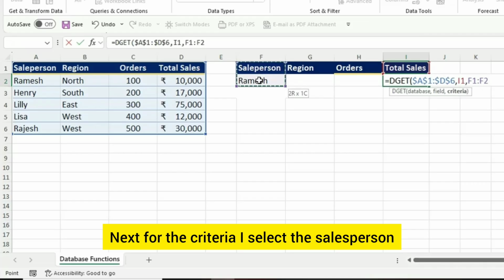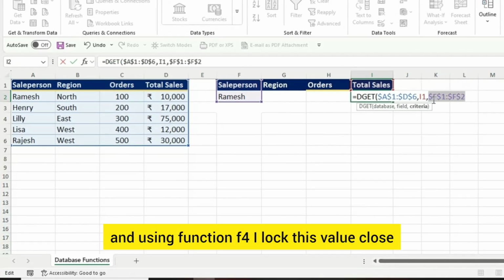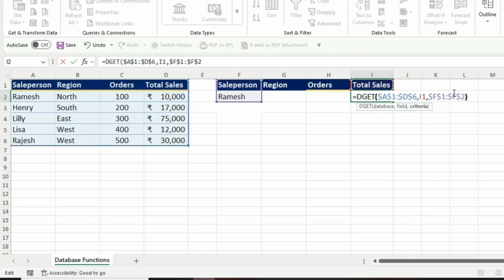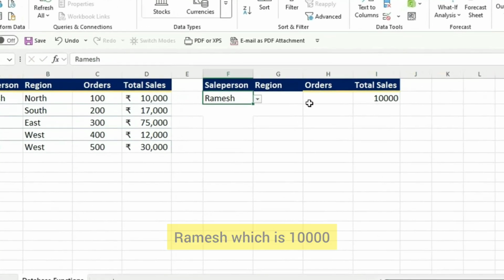Next for the criteria I select the salesperson name including heading, and using function F4 I lock this value, close the bracket, press enter. Now I get the value for the first person Ramesh, which is 10,000,